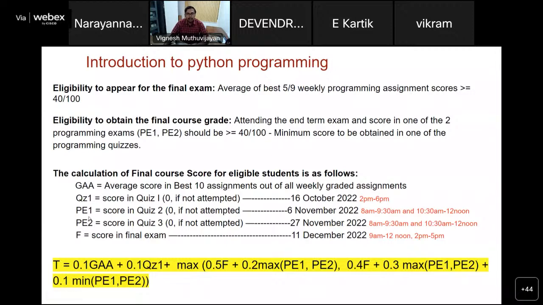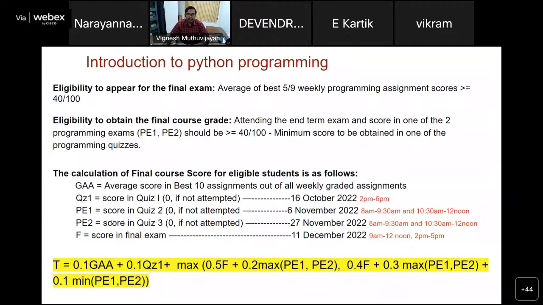These fall on a different date. Please mark these dates. If you are registered for Introduction to Python Programming, these dates again fall on Sundays, but you would have to appear for these dates and you would have to pass these programming exams with at least 40 marks to even be eligible to pass the course.